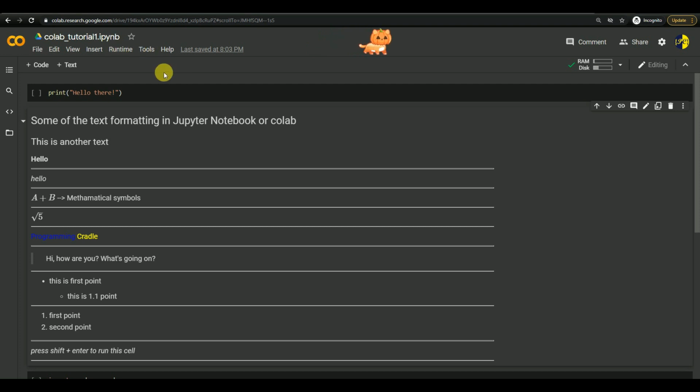So let's say you have initialized some variable in one cell and you are updating that variable in another cell. Sometimes what you do is, if you see some logic is wrong, you will execute your variable updated cell, and you will forget to execute your initialization cell. So what it will do is it will update on top of the previous value. So it might lead to some other error, and you will be confused why this is happening, because we are not used to this, and it is very normal. I have seen many people doing this.